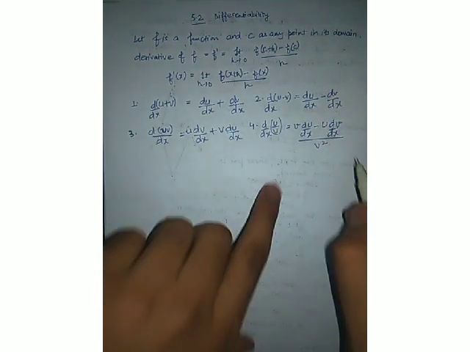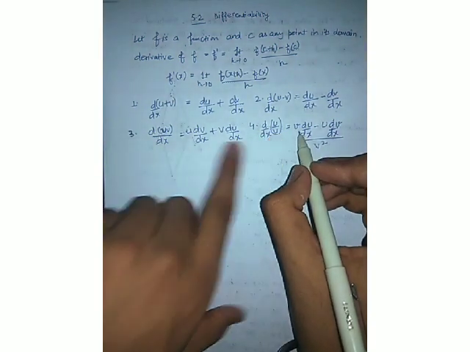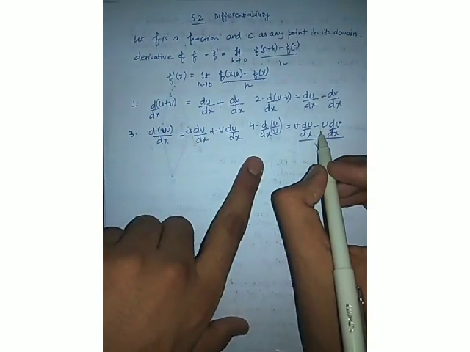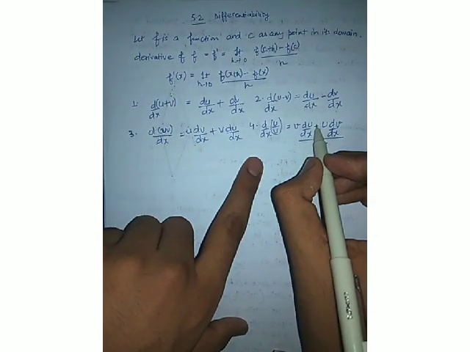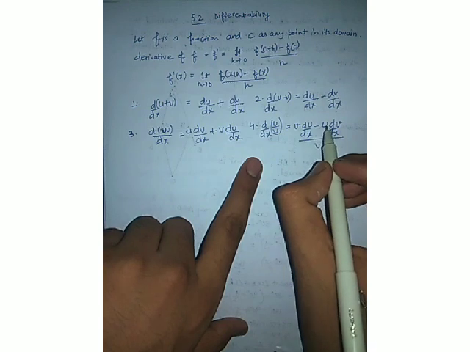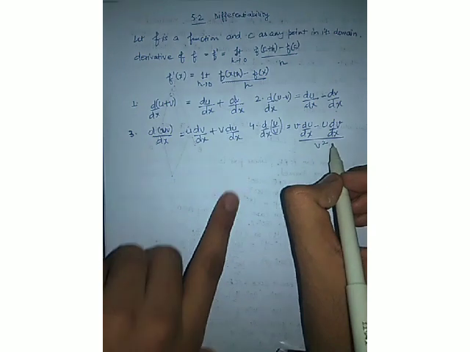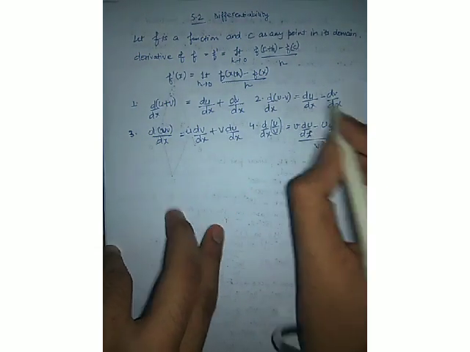Don't get confused, because most of the students do it like in the product, it's u and then dv upon dx, and they do the same here. We can do the same only if there is a plus sign, but here there is a subtraction sign, so don't do that. Your sum will be horribly wrong. Okay, so these are some of the functions.